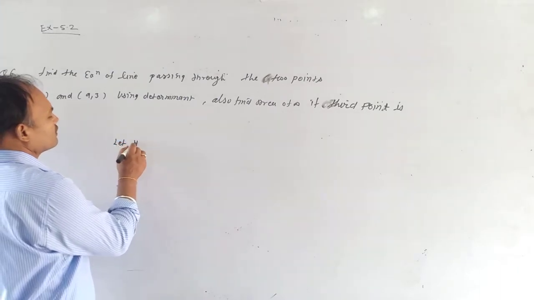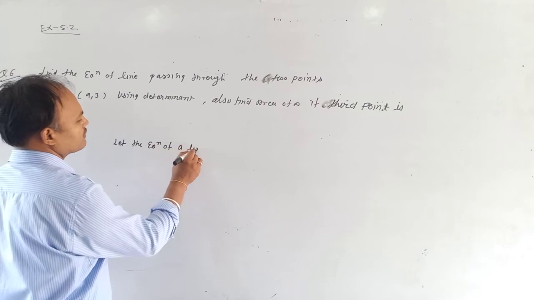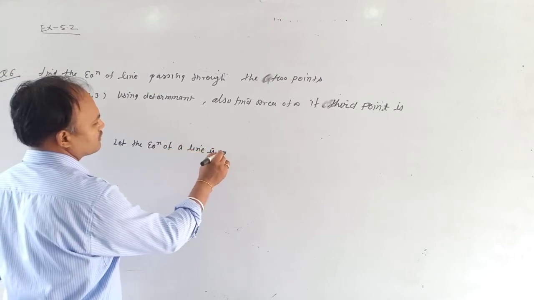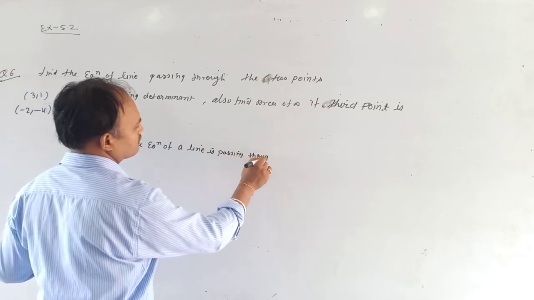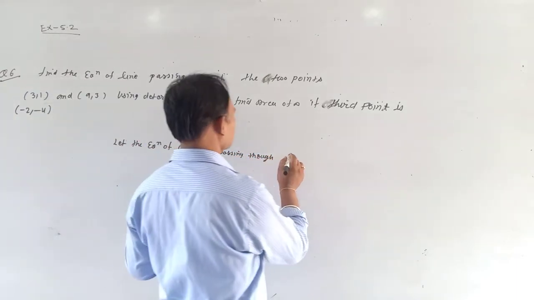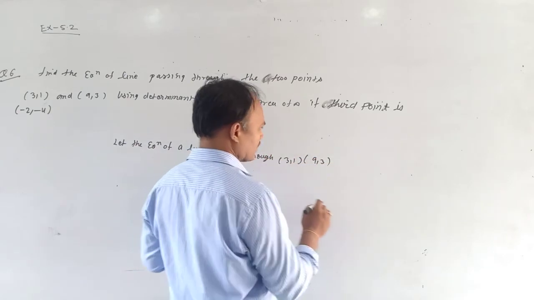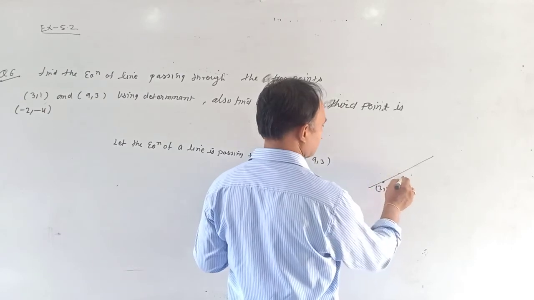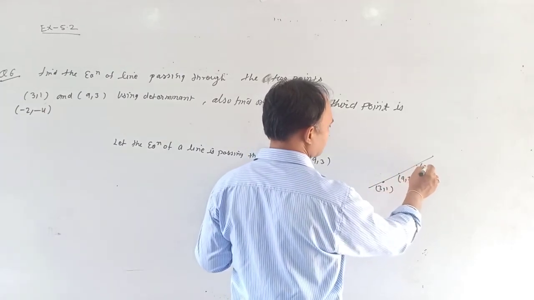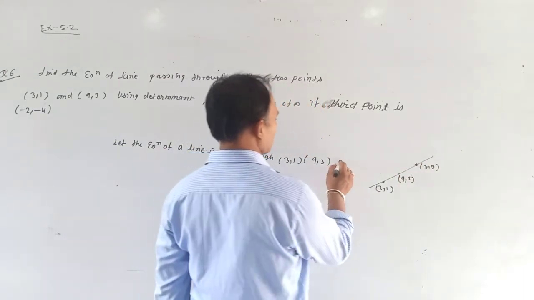Let the equation of a line be passing through 3, 1 and 9, 3. It is passing through these 2 points. It is 3, 1 and it is 9, 3. Let a point be x, y. And